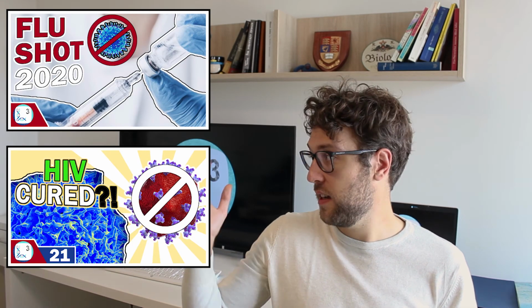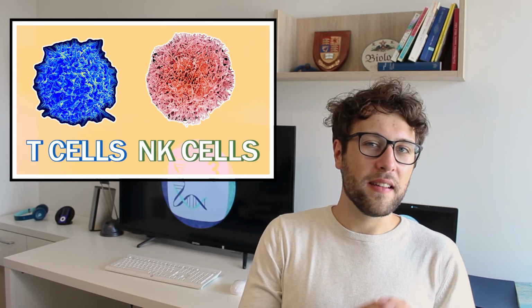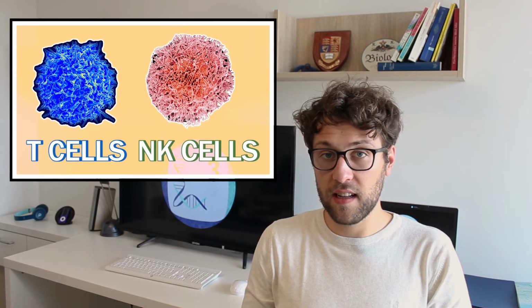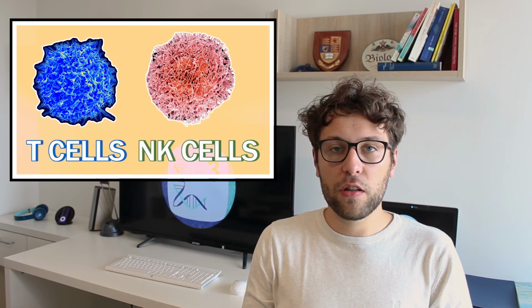You see, our immune system has different roles in our body. It helps us to kill bacteria or viruses which have infiltrated our bodies, as we have seen here. But some immune cells, T cells and natural killer cells in particular, are able to kill pre-cancer cells. You see, since the formation of cancer is accompanied by numerous mutations, cancer cells often produce abnormal proteins. These proteins are very unusual and they are not found in any other parts of the body.